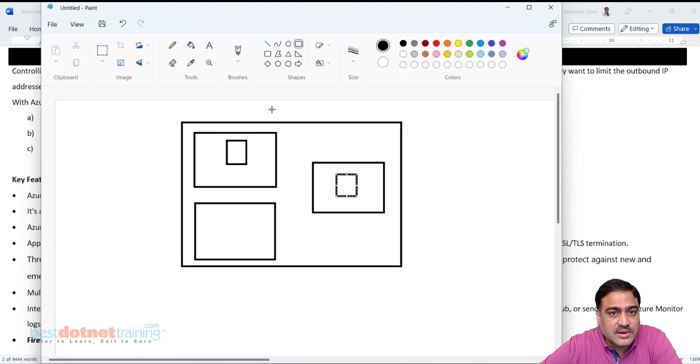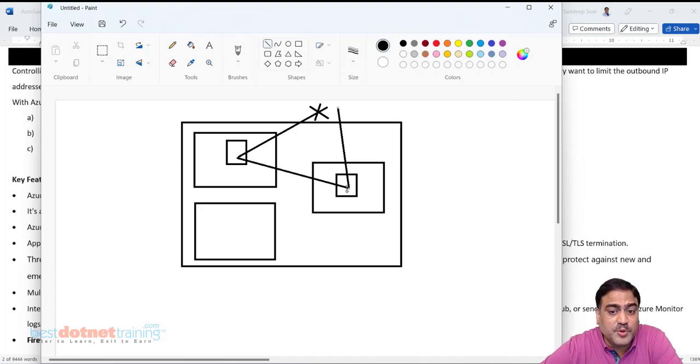Let us assume that right now we are browsing the internet like this, directly. We don't want this. We want the request now to go to the firewall, and from the firewall we should be able to go to the internet, after maybe a verification that it should be allowed or denied here. So every request from the virtual machines of this subnet for the internet should send the request to the firewall.